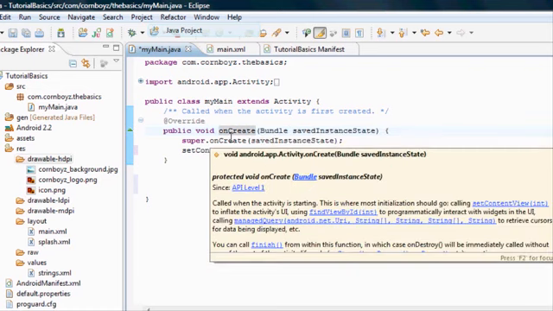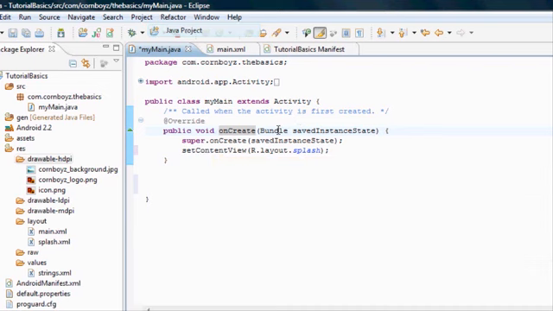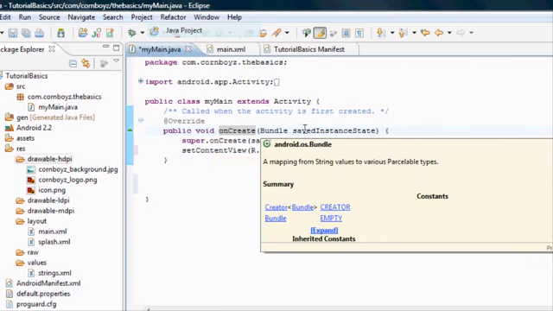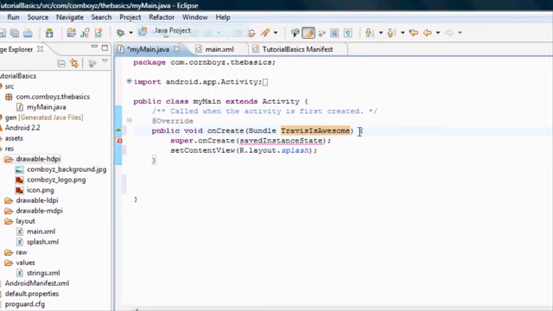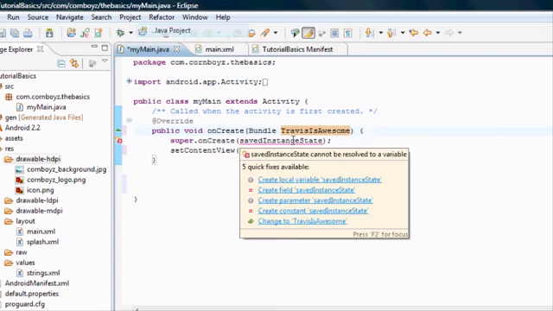When you use the onCreate, it takes a bundle as its parameter. So we have to define the bundle by saying, hey, I want a bundle called saved instance state. We can change this to whatever we want. We're going to call it Travis is awesome. Then once you go within the brackets, you should notice that this has been established as an